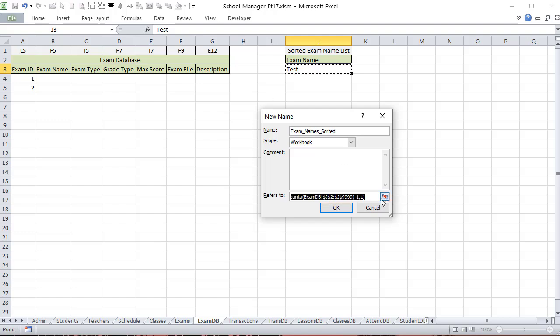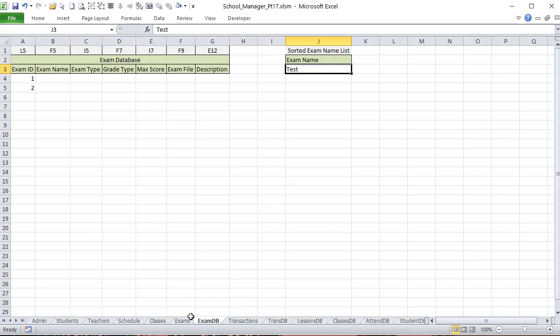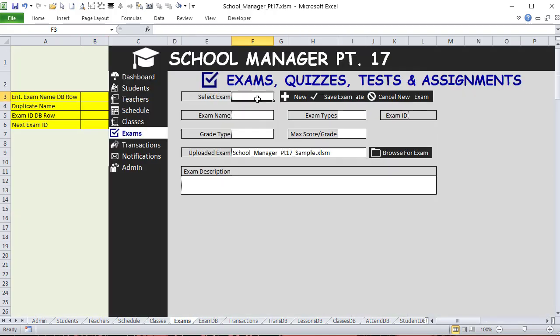Tabbing over to make sure it contains data and clicking OK. That's exam name sorted. I'm going to copy that because I'm going to need that as a drop-down list. I'm going to copy that and click OK and click close. Now what I'm going to do inside the exams, I'm going to take this and I'm going to put that